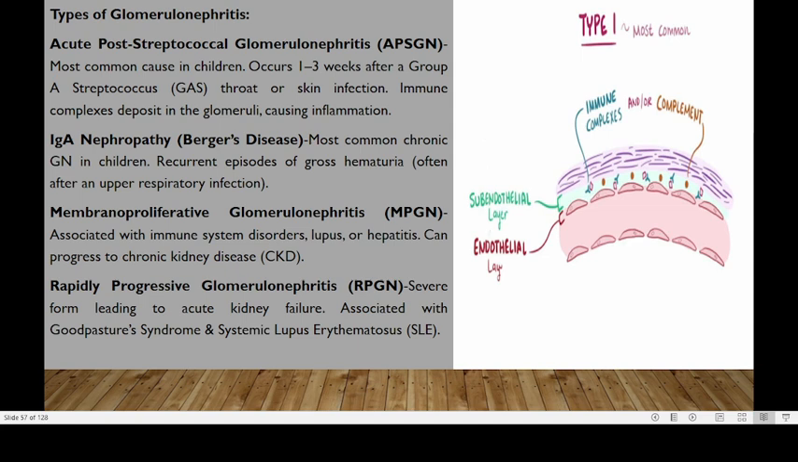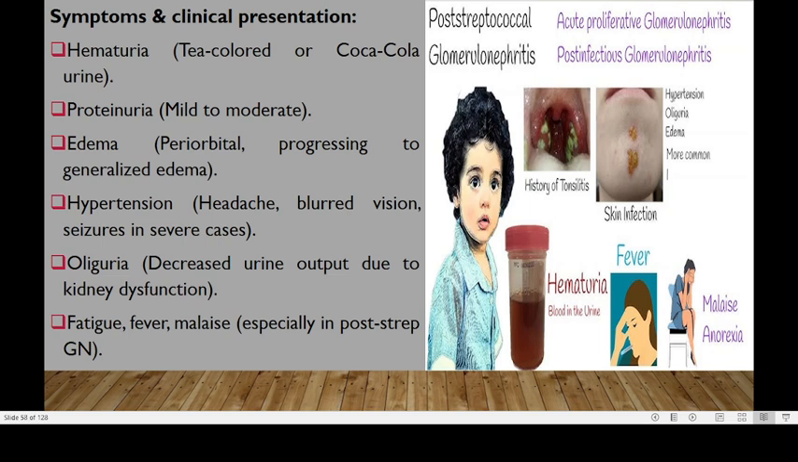This one is associated with immune system disorders such as systemic lupus erythematosus or hepatitis and can lead to chronic kidney disease. Lastly, we have the rapidly progressive glomerulonephritis, which is the severe form leading to acute kidney failure, and is associated with Goodpasture syndrome or SLE syndrome. In terms of symptoms of glomerulonephritis, we have hematuria, where the patient presents with tea-colored or cola